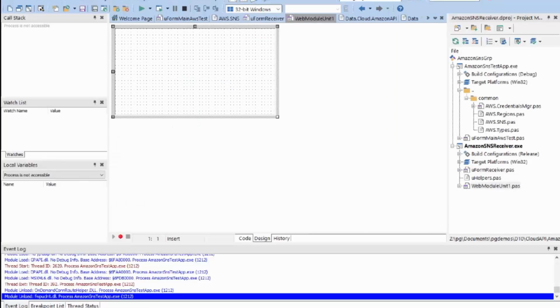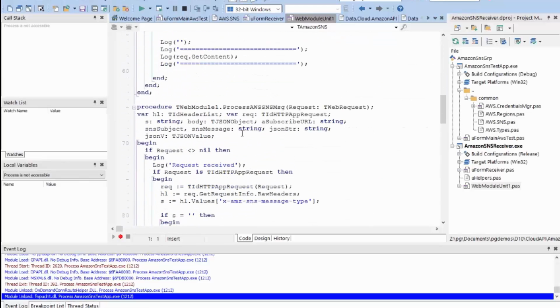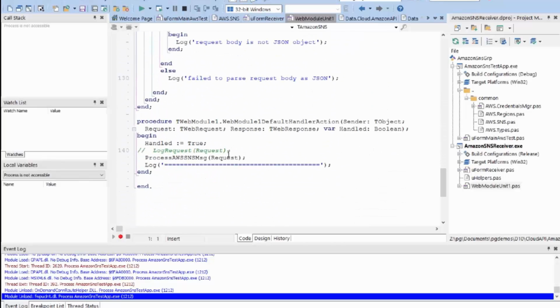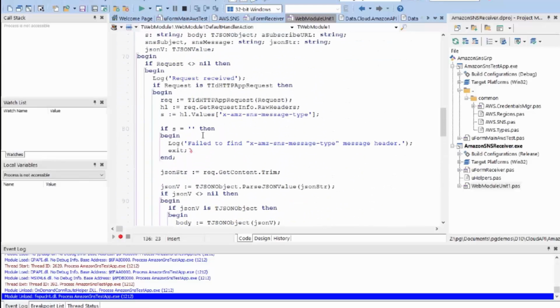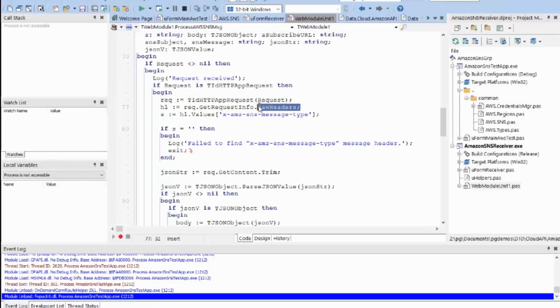So here I have a web module, so that's a typical thing for web broker applications, and I'm actually in the default handler, so this is a method that is invoked when any HTTP request arrives to the web server application. I have the process AWS SNS message, and this is where I'm going to actually parse it. So I want to typecast it into the specific INDY related message, so I can access its methods,